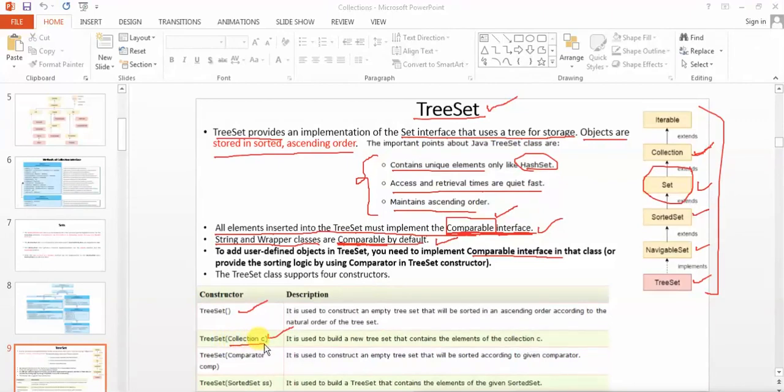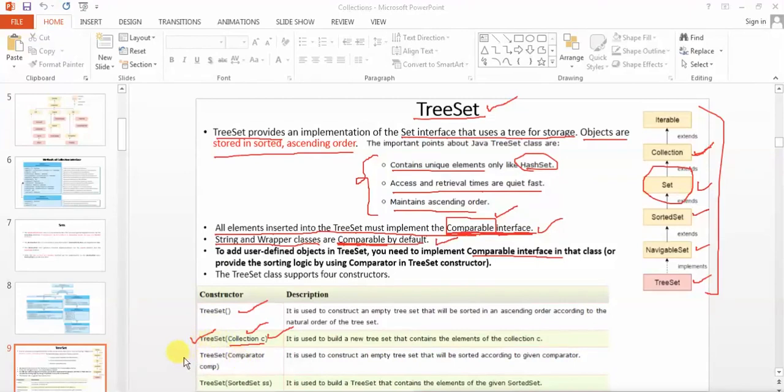One collection object I remember is ArrayList. You can say, give me the ArrayList elements, and I'll automatically sort them. If you have an ArrayList or any other collection object, give it to me in the constructor, and I'll automatically add all the elements inside the tree and sort them. So this is the meaning of the second constructor.